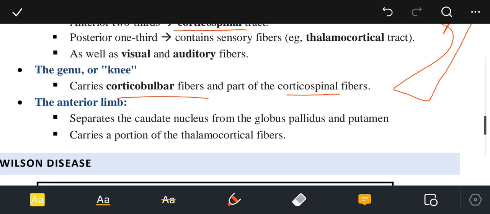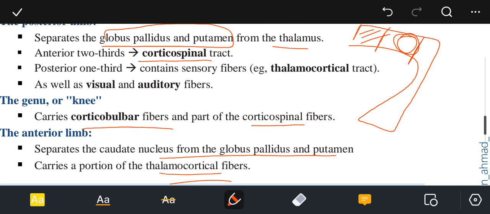The anterior limb separates the caudate nucleus from the globus pallidus and the putamen. It carries a portion of the thalamocortical fibers. So the anterior limb carries a portion of the thalamocortical fibers, but the posterior limb is very important and very high yield as well. There is an artery that is called the lenticulostriate